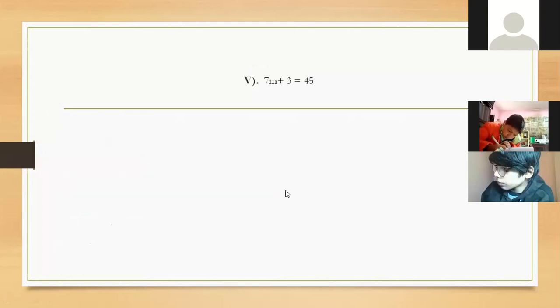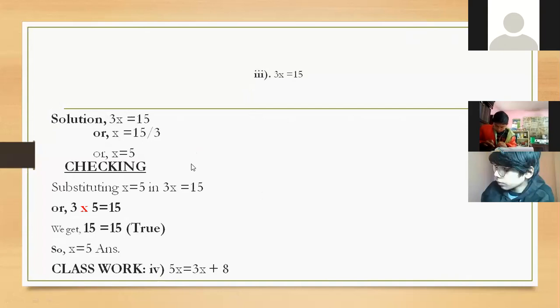Sir, x equals 5 is the answer? You said 4, no? Sorry? You said 4. Which one? Yes, sir. Look at the classwork there. In that first part, you said it was 4. Yeah, then I told that this one is the previous one. x equals 5. Like this we have to write the answer. Here also we have to write what? x equals 5. Okay? What was the answer? 4. Then x equals 4 is the answer here. Okay?